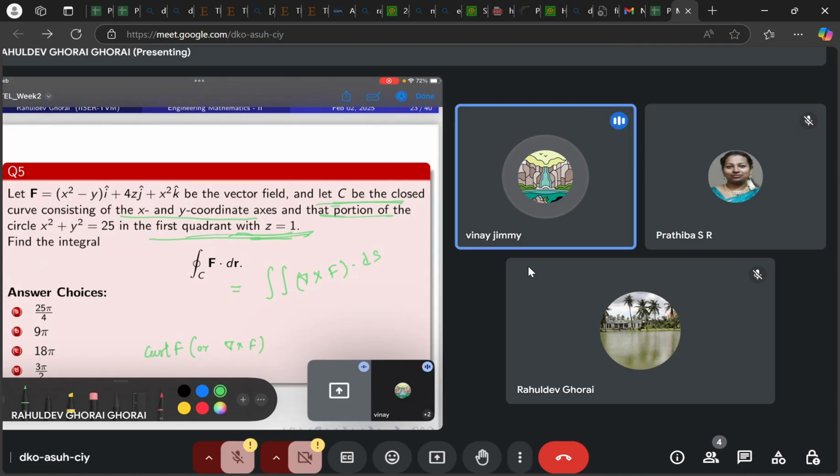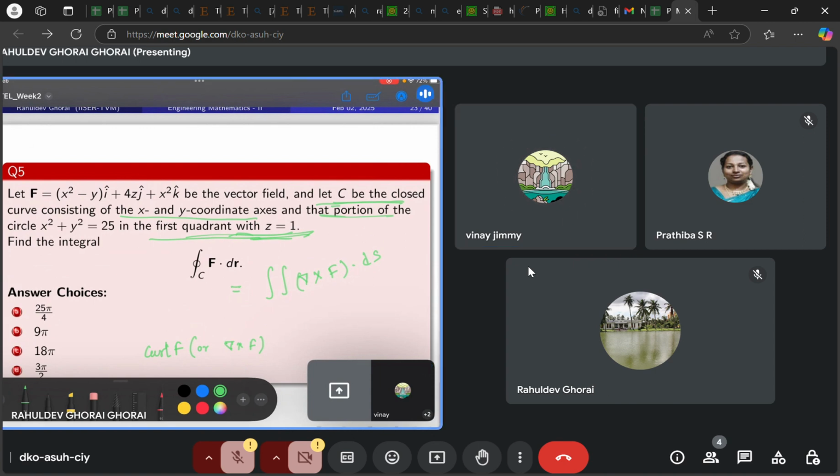Yes, simply written, sir, we have to use Stokes' theorem in it. In the assignment it is directly written: use the Stokes' theorem. Okay, okay. But how, like, C is the closed curve consisting of x and y coordinate